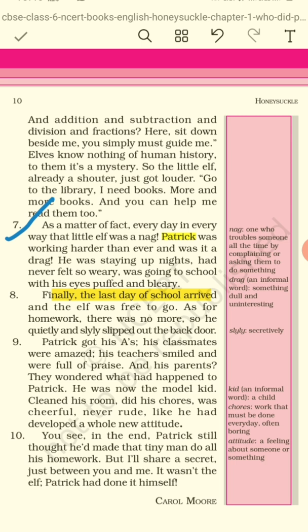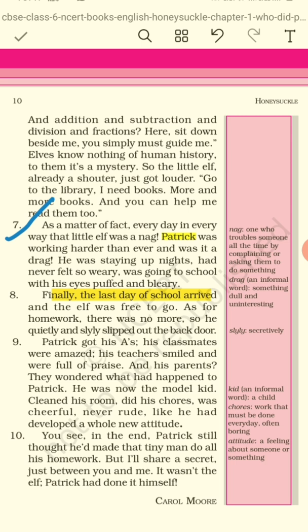So this Patrick, who used to be this lazy sort of person who found solace in just playing games and doing all those things, had now found that with a little bit of hard work one can improve his grades and set himself up to be a role model. Okay, and now let's read the last para.